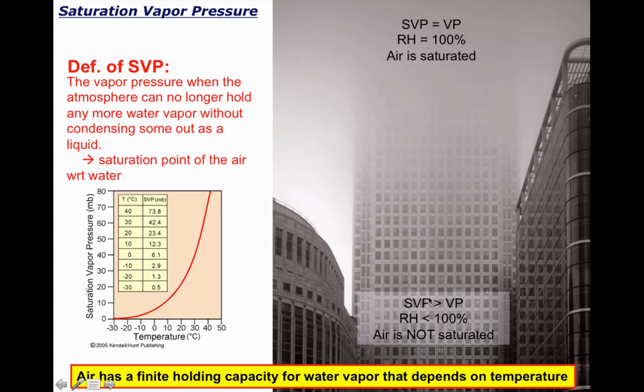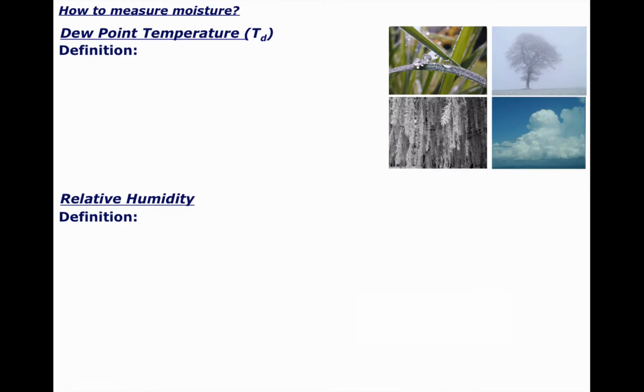You see, I bring up these two things because when we talk about these values of vapor pressure and saturation vapor pressure, I do it for a reason. And that's because those two values are used to calculate what is most likely the most confusing term in all of atmospheric sciences, relative humidity. It's a term we all use all the time, but it's very confusing. Let's come back to these two terms, dew point temperature and relative humidity, and understand how vapor pressure and saturation vapor pressure work together with them.